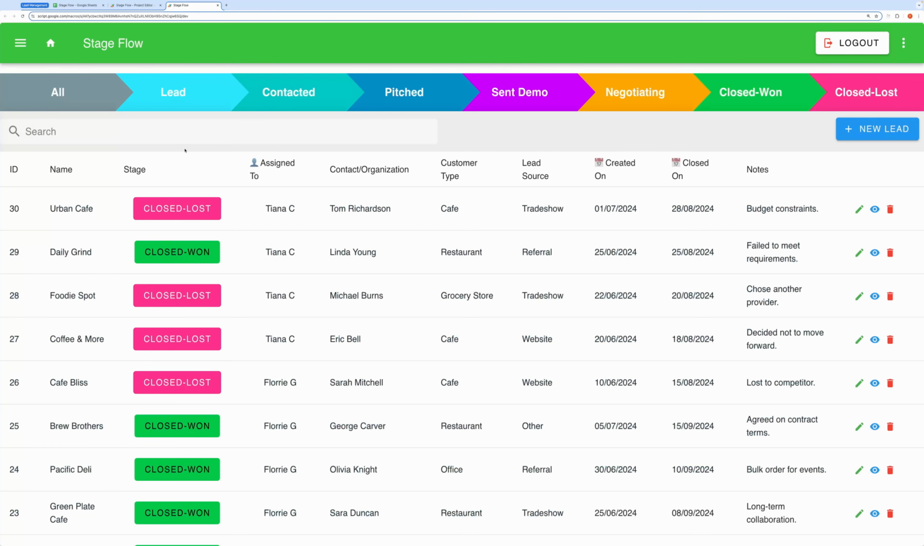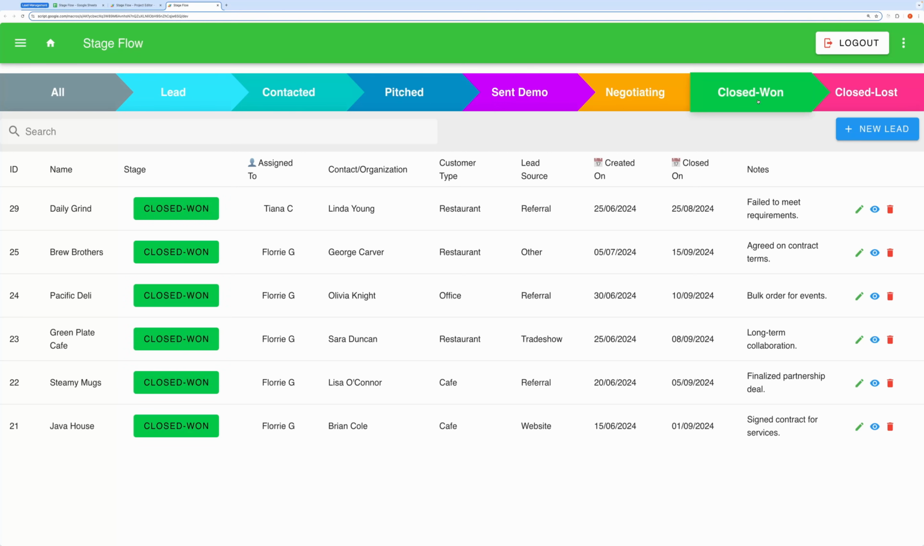At the top, there's a visual representation of the lead progression stages, which are color-coded and represented by arrow-shaped buttons. These stages track the flow of a lead from lead to contacted, pitched, sent demo, negotiating, and eventually to closed won or closed lost. What's great about these buttons is that they also function as filters. For instance, if you click on closed won, the app will filter and display only those leads that have been